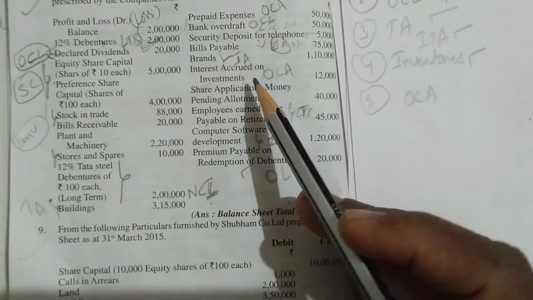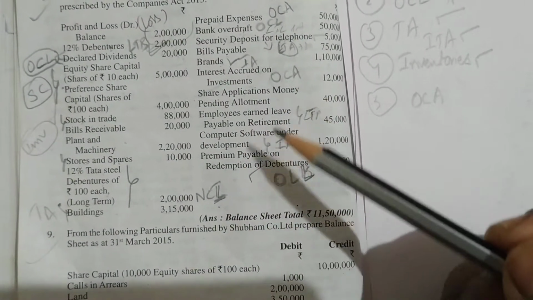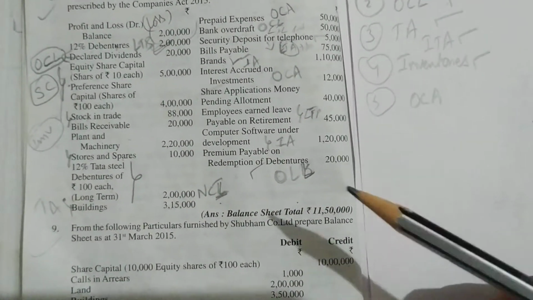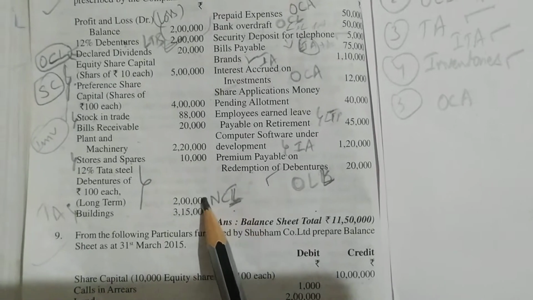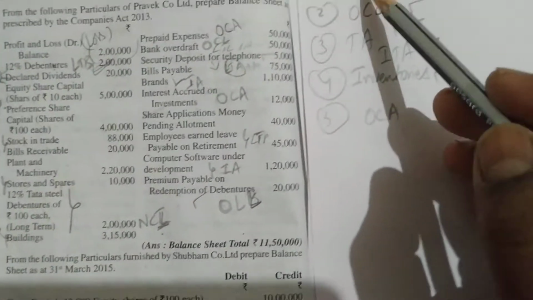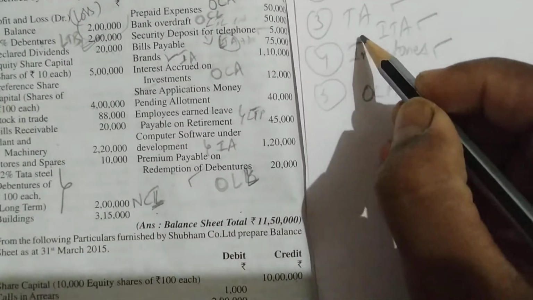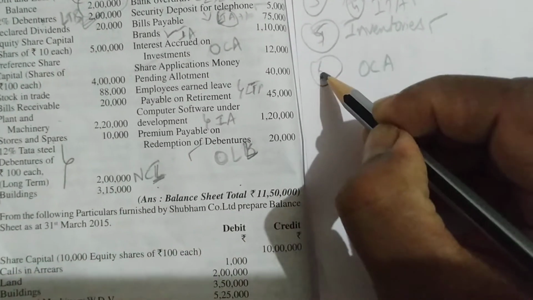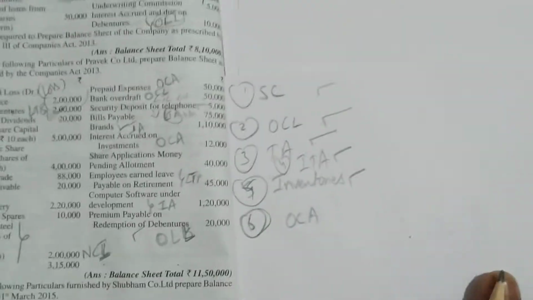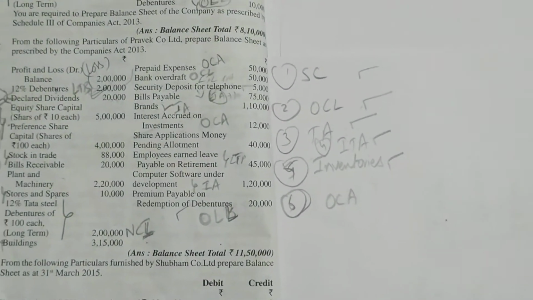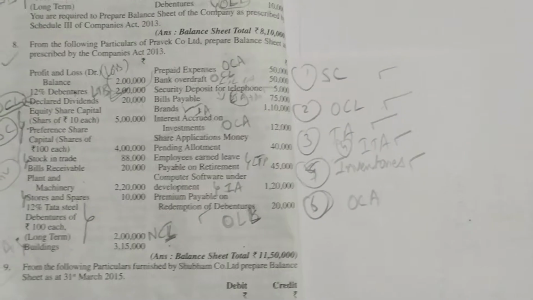Done. Next, done. So all these working notes you have to do. Okay, so this is direct. Non-current investment is direct. So six workings you have to prepare. This is the fourth one, fifth one, this is sixth one. Okay, easy. You can prepare it, right? You can solve it. Yes, you can solve it.